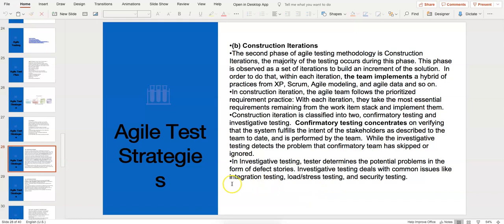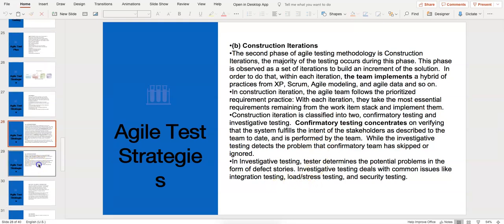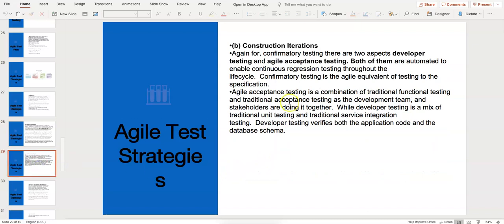Investigative testing covers issues found in integration testing, load or stress testing, or security testing, right? That is basically non-functional testing. That is investigative testing, right? So then again,